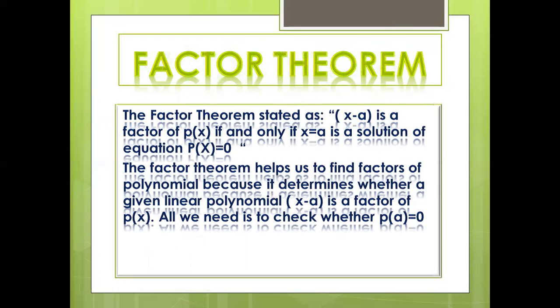If x plus 2 is a factor of 3x square minus 4kx minus 4k square, then find the values of k. Question 1 is regarding the remainder theorem, and in all its parts we only find the remainder. But from question 2 till question 9 we have another theorem, which is called the factor theorem. Factor theorem means the linear factor which is given to you in the question. When we put the value of x in that, we always get the remainder 0. If the remainder is 0, it means that the linear polynomial is a factor of the given polynomial.